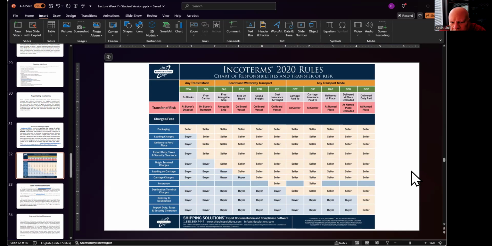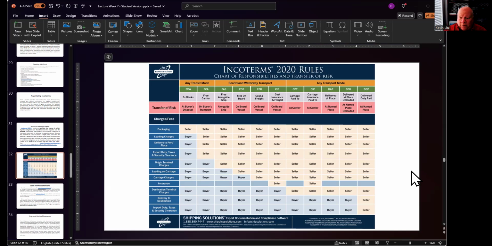If I quote EXW, ex works, top left, all the blue things as you go down the column, those are all items for which the buyer, your customer, must pay. You're just paying for packaging as far as transport, etc. Conversely, let's say you quote that and your customer says, oh no, I need a DDP, far right, delivery duty paid. Look at all these things you're going to have to pay for, from packaging, loading, insurance probably, destination charge,